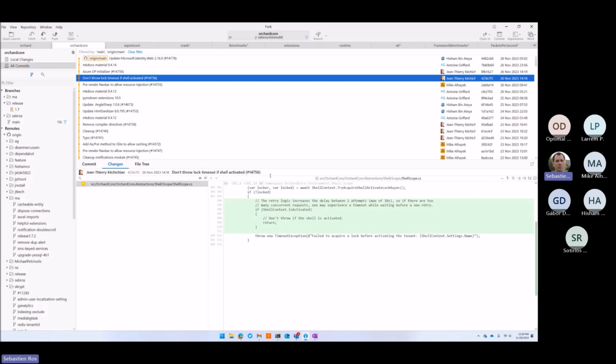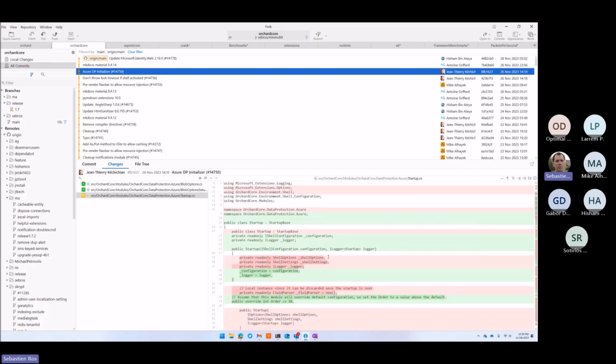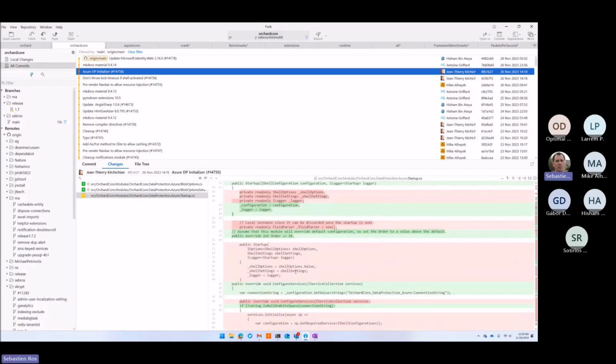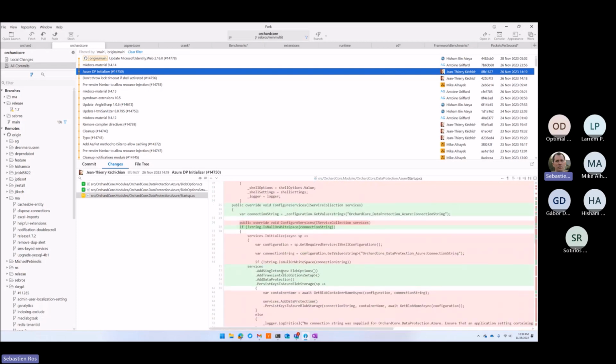Don't forget my out, it should be activated. Okay. Data protection initializer fix. Okay, so what does it look like?